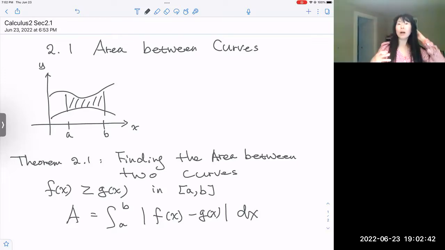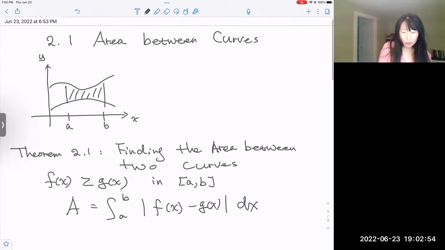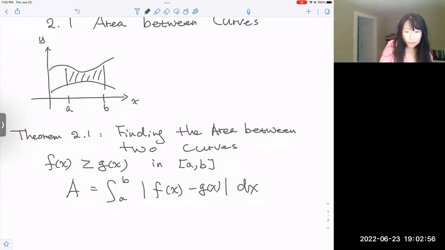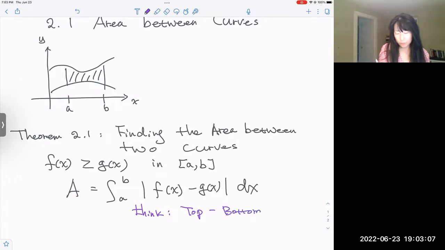So you have the condition f of x is greater than g of x. They just want it not negative. Okay. All right, then look, this means top curve minus bottom curve. Okay,